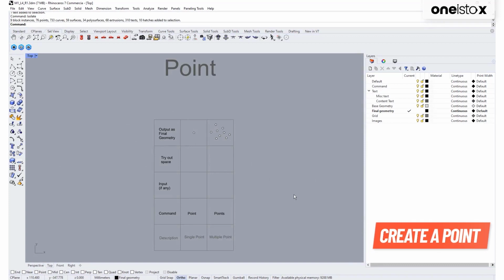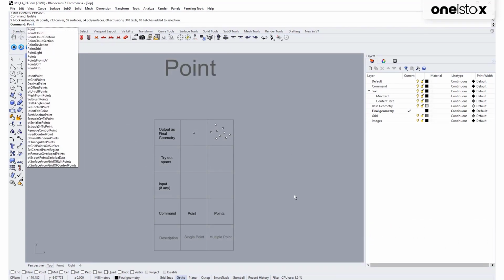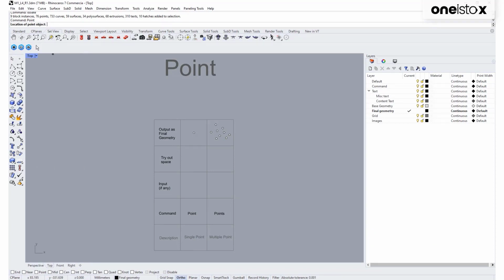In order to create a single point, I will type in point and hit enter. Now in the command line, as we can see, it is asking me to provide a location of the point that we want to create. Now there are two ways to go about it. First one is the accurate modeling that we covered earlier. For this we will be using coordinate values. This I have already explained in the earlier video. You can follow the same process and do it yourself. The second process would involve using a mouse and visually deciding where we want to place a point in our 3D space. I'll place a point in the tryout space like this.